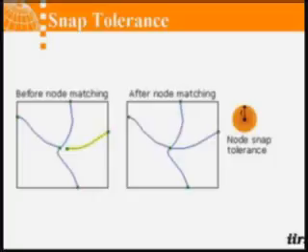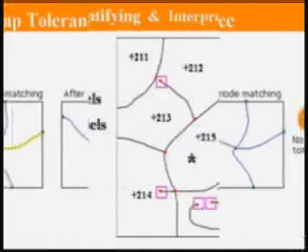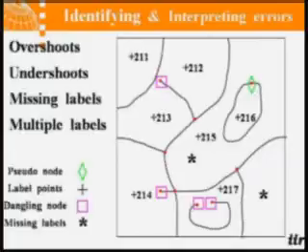Suppose if we have a polygon smaller than this, then what happens is it also merges those lines. So that's why you have to be careful when you say this is my snap tolerance. It is basically a fraction of millimeters, a very small distance. When you zoom in only, we will come to know. So these are some more errors when you digitize.